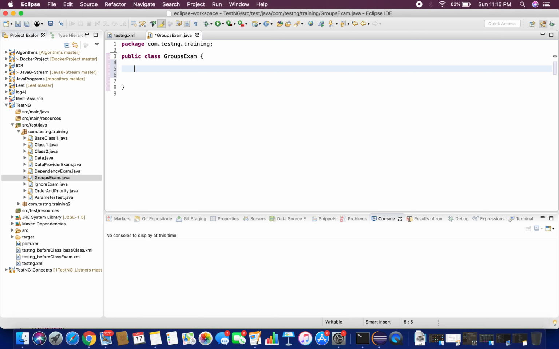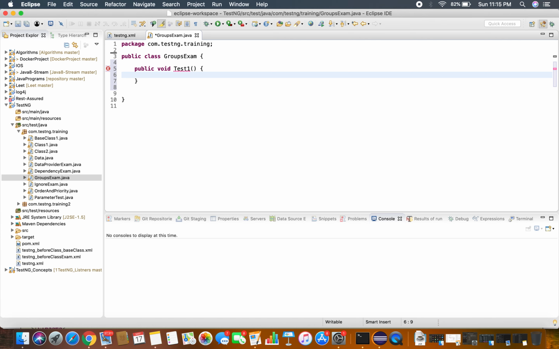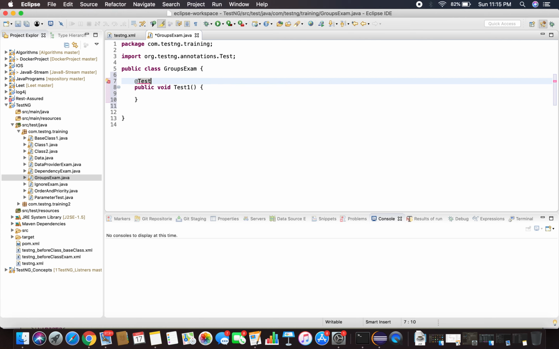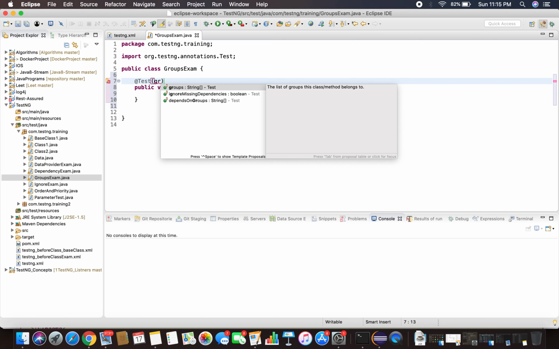Inside that, I'll show you how to add groups to a test. Public void test1. This is my test. I'm using the @Test annotation for this. For the Test annotation, if you see, there is a groups attribute here.